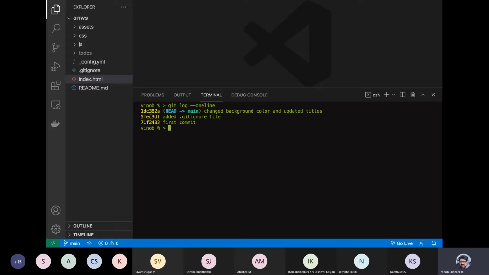Each commit in a single line with a hash ID, right? With a kind of compressed or shortened version of the complete ID for each of the messages. So this is your head that points to the main branch, right? And you have got this .gitignore file and the first commit, right? So this was the state as of yesterday.